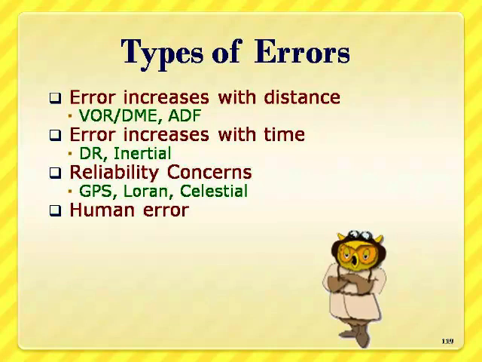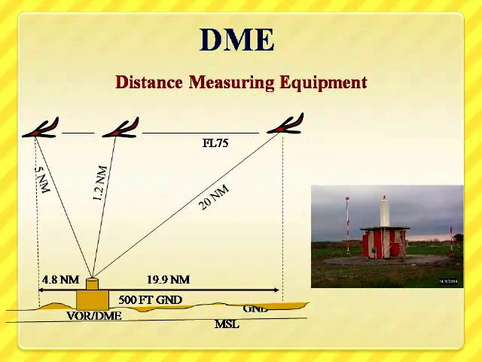Now, let us start the discussion on DME, distance measuring equipment. Before we go into the details, let us first understand what we mean by a secondary radar. So far, in our radar system, we are assuming that the transmitter and the receiver are at the same place. The transmitter sends a signal and the target scatters that signal. The return signal from this target will be received and processed to get the range or angle information.